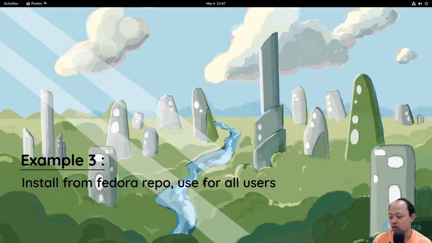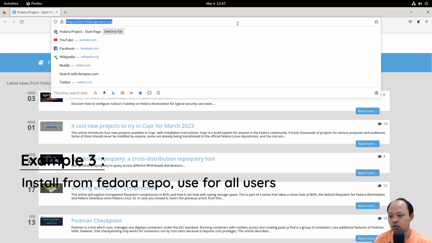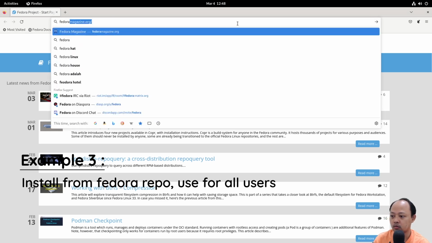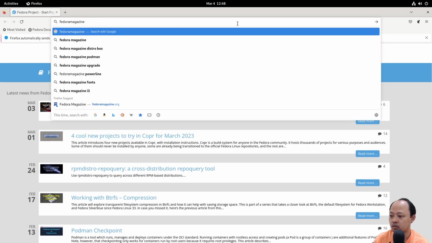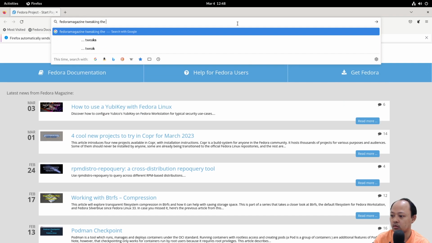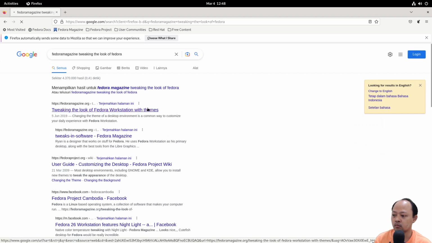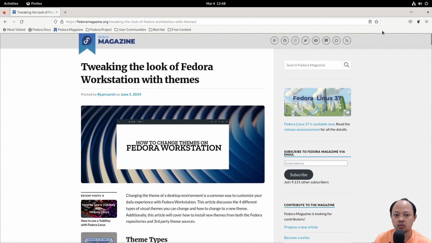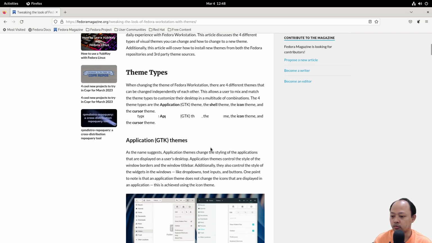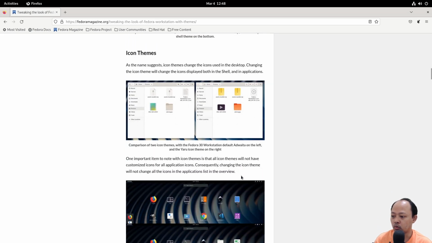But before we continue, I would like to open a web page from Fedora Magazine. According to this article, Fedora also provides shell themes in the official repo.